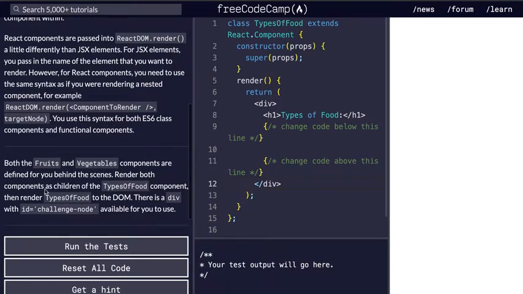Okay, cool. So it asks us to do the following tasks here. It says both the Fruits and Vegetables components are defined for you behind the scenes. Yep, these components have already been defined behind the scenes. Render both components as children